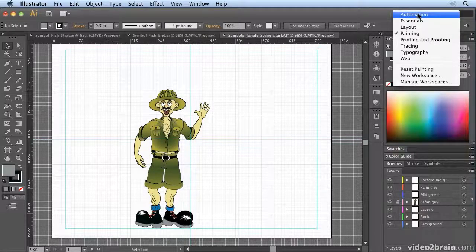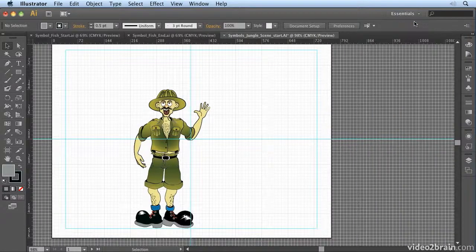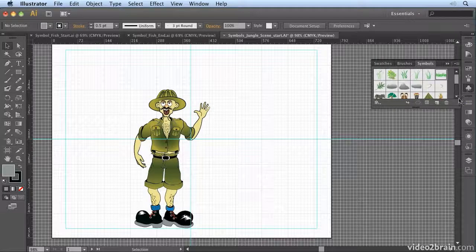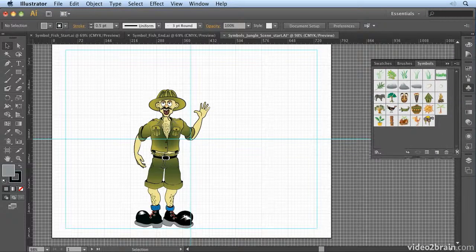But what we're going to do is create a scene around him. So what I want you to do is go to the Essentials workspace. And if you look down here, you'll notice this item here, Symbols. Click on that to open it and just make it a little bit bigger. And you'll see that I've already saved some symbols in here, but I just want to show you how I